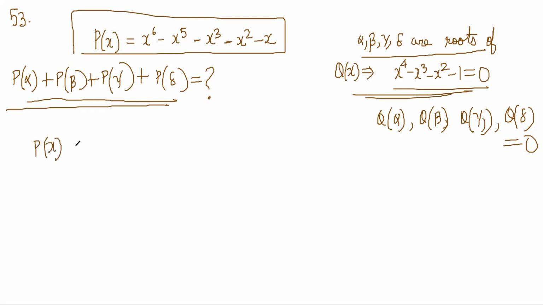Wait, I didn't understand. p(x) is equal to x square into this. It doesn't come exactly, so there is a remainder. What is the big deal? How much has come? x^6 has come, x^5 has come, x^3 has come, and x^2 has come, right? So there's a 1 by x term. I'm not doing the entire thing, I'm saying this much is there. How many terms are matched? The first 4 terms are matched, and that's it, minus x, right?